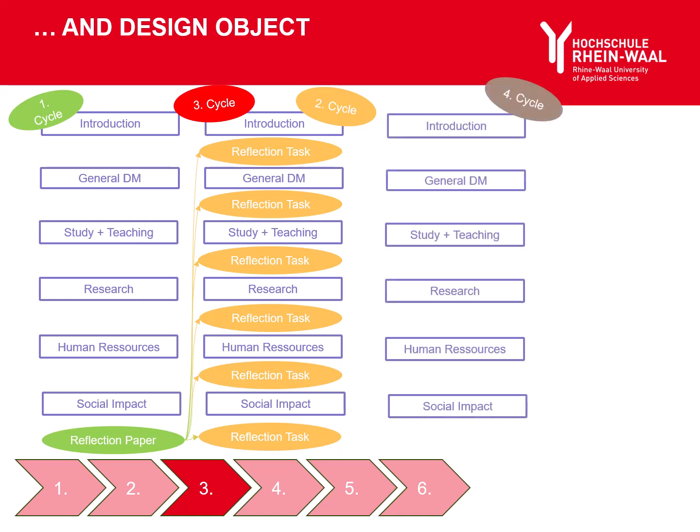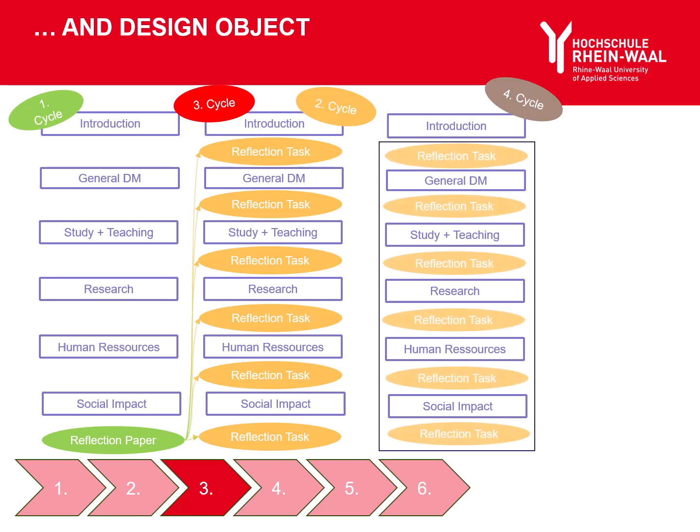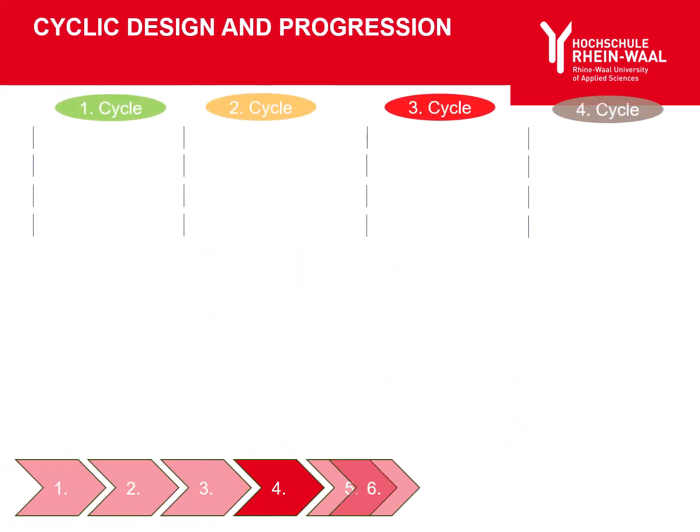The fourth cycle, the summer semester 2022, was then completely different because the seminar took place as a face-to-face event and no longer on 6 dates, but the content block was dealt with over a weekend. Here, the reflection was integrated into the block after each session. Looking at this now in a cyclical way, the first phase started with the design of the reflection paper assignment at the end of the semester.